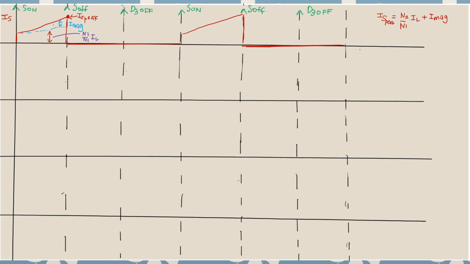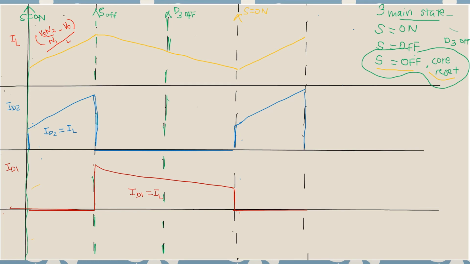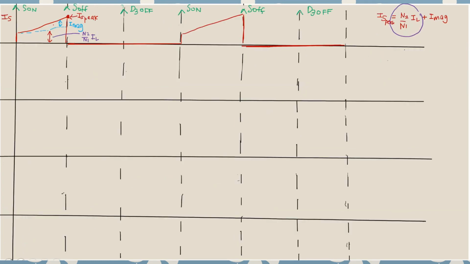Okay, so it is part. Okay, all right. So that is for IS. Okay, let's have a look at ID3. Let's use a different color. So let's draw